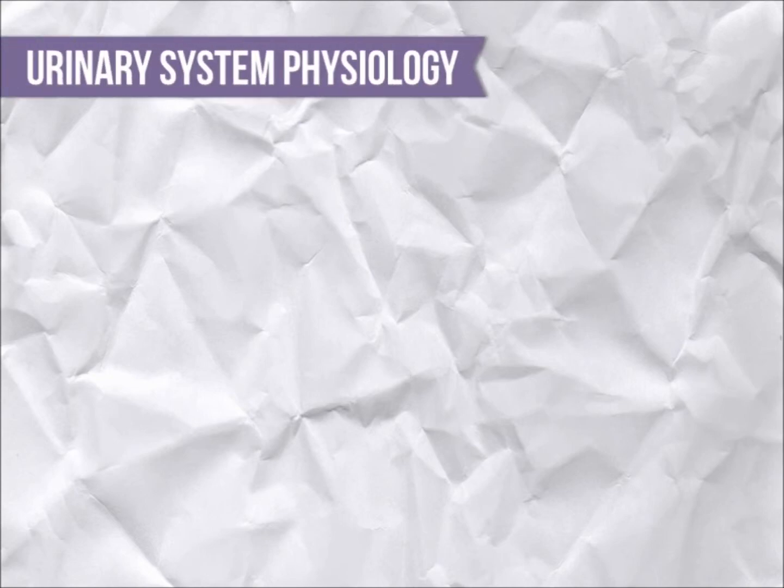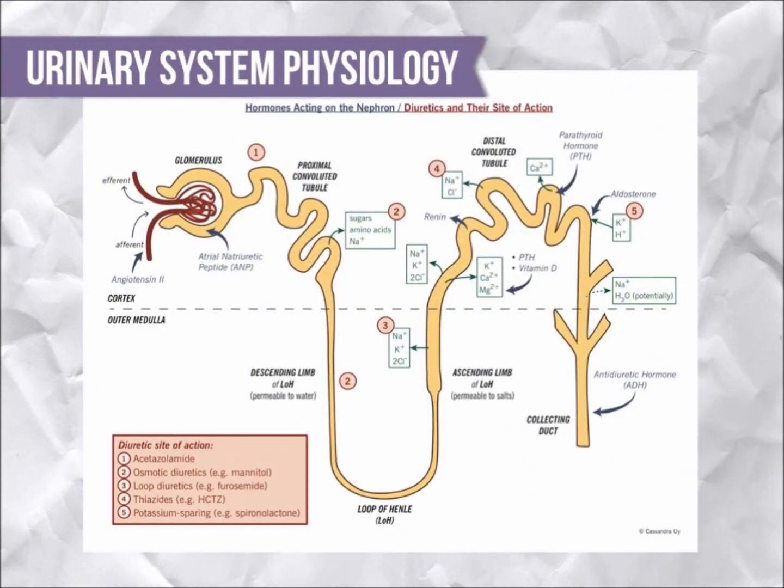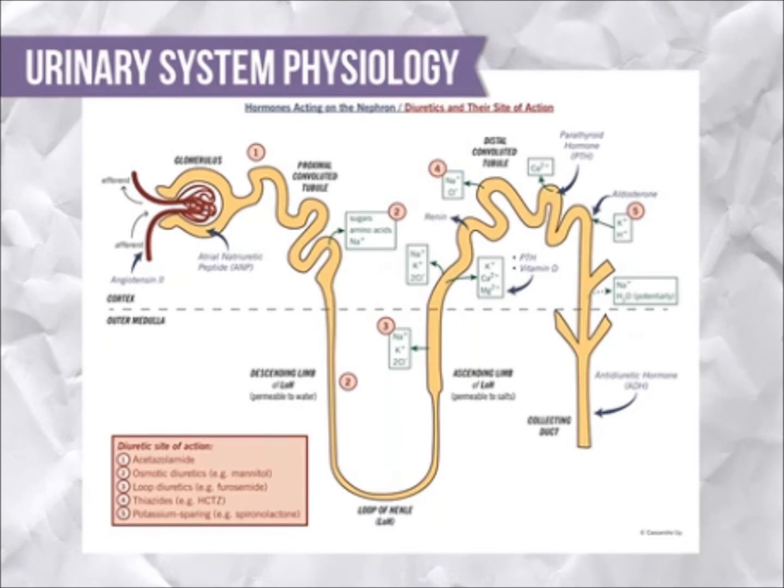Urinary system physiology. One of the major functions of the urinary system is the process of excretion. Excretion is the process of eliminating from an organism waste products of metabolism and other materials that are of no use. The urinary system maintains an appropriate fluid volume by regulating the amount of water that is excreted in the urine. Other aspects of its function include regulating the concentrations of various electrolytes in the body fluids and maintaining normal pH